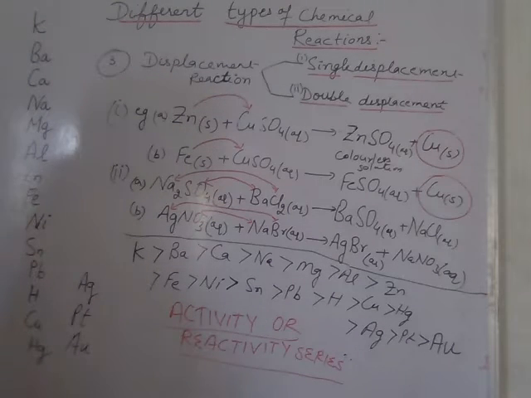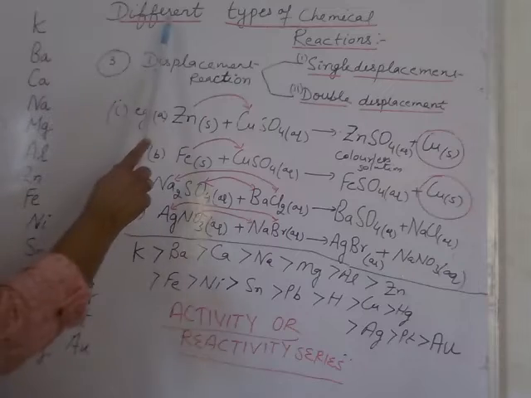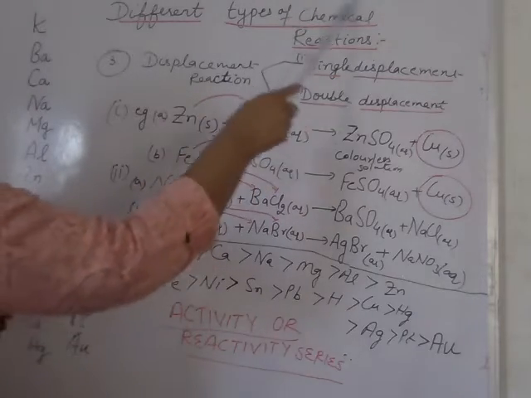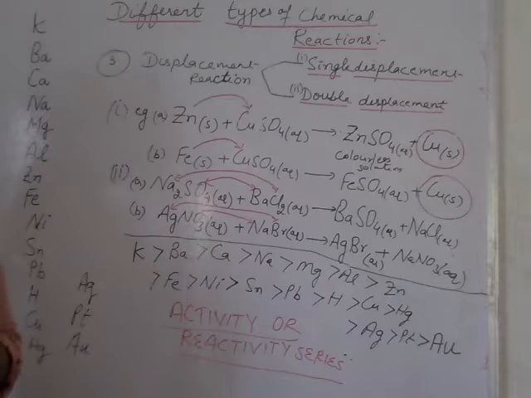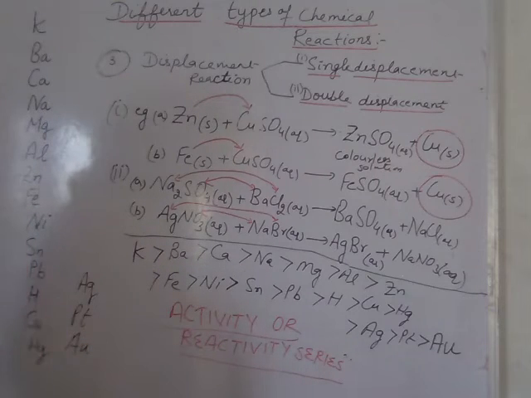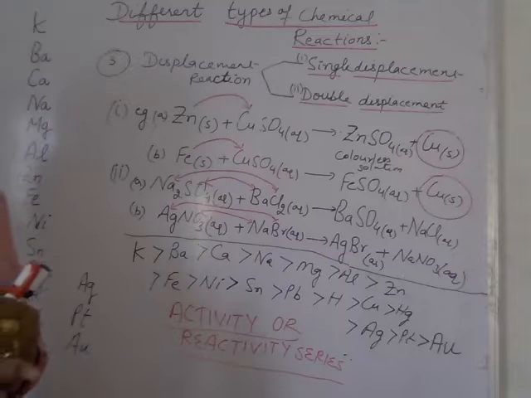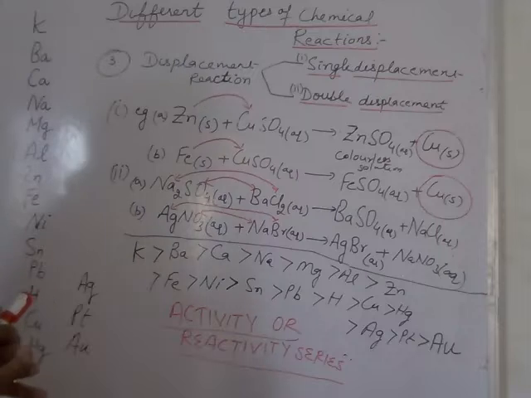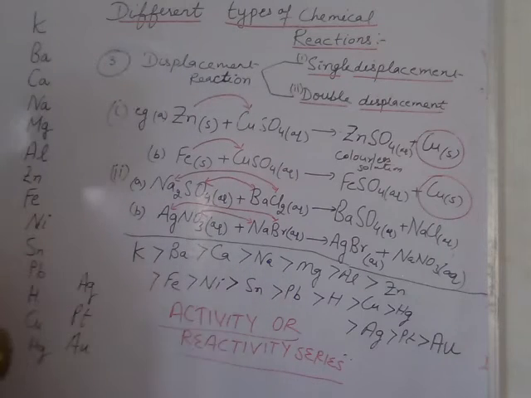Students, good morning. Students, we have started first chapter, and in this chapter there is a topic different types of chemical reactions. Now, depending upon the type of chemical changes taking place inside the chemical reaction, there are five types of chemical reactions: combination reaction, decomposition reaction, dissociation reaction, then oxidation reduction reaction, exothermic and endothermic reactions.